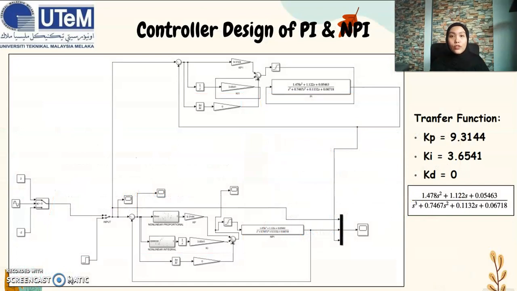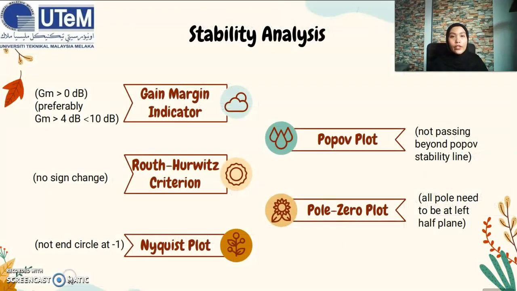This is my controller design of PI and NPI. As shown in the transfer function, the proportional gain is 9.3144, the integral gain is 3.9541, and the derivative gain is 0. The stability analysis focuses on five analyses, which are